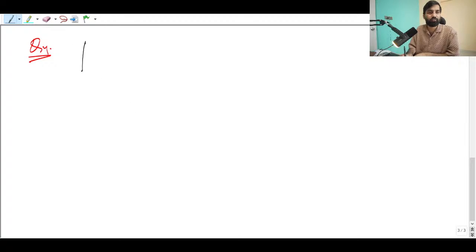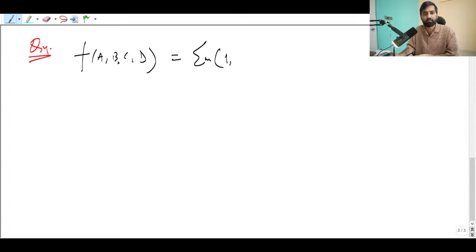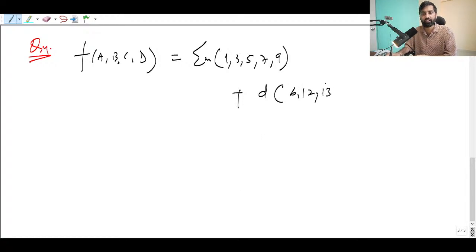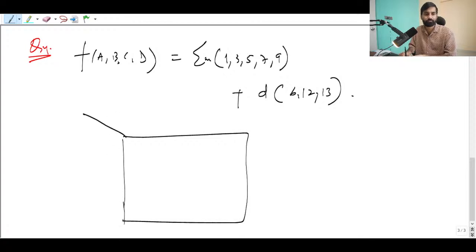Suppose you have got a function of A, B, C, D, and they have given the minterm indices 1, 3, 5, 7, 9, plus the don't cares also given. These are the minterms which are don't care, you can say 6, 12, 13. Whenever this kind of question is given, you have to quickly draw the K-map mentioning A B C D,